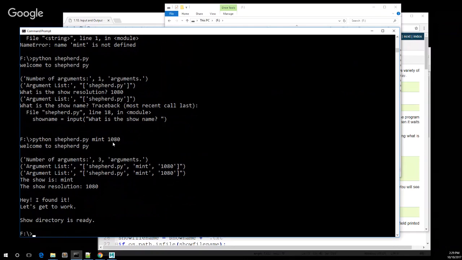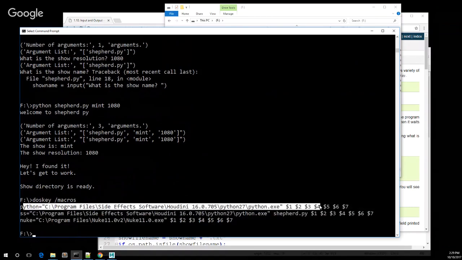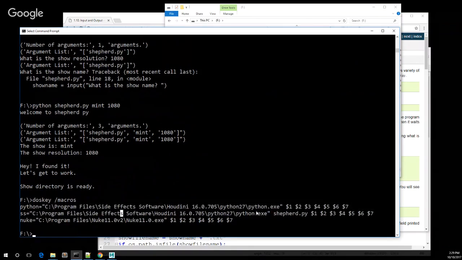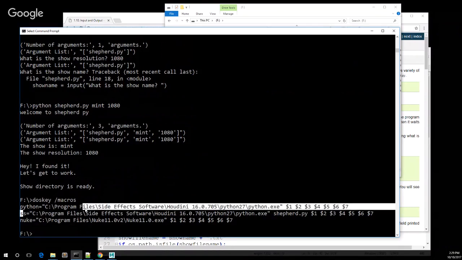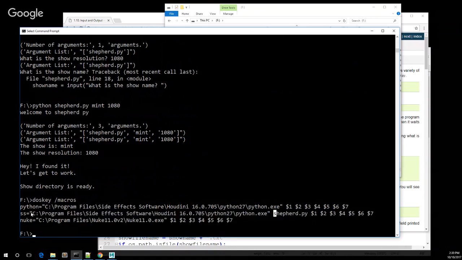So we showed DOSKEY before, right? So if I do DOSKEY right now and list the macros just by /macros, the Python one is one I created before. So we could create another macro that points straight to Python exe and then shepherd pie and pass it all those parameters, right? And